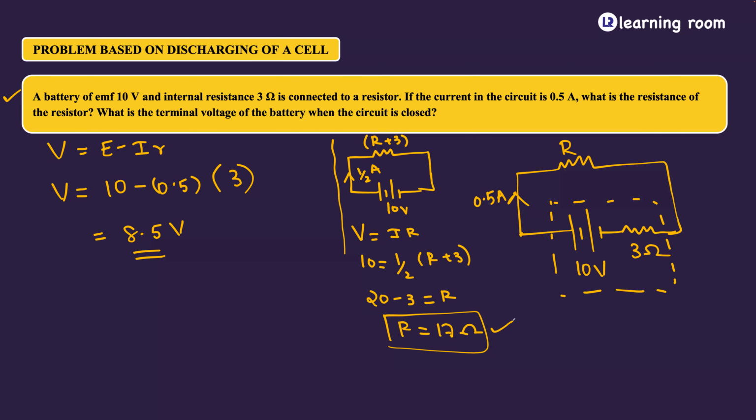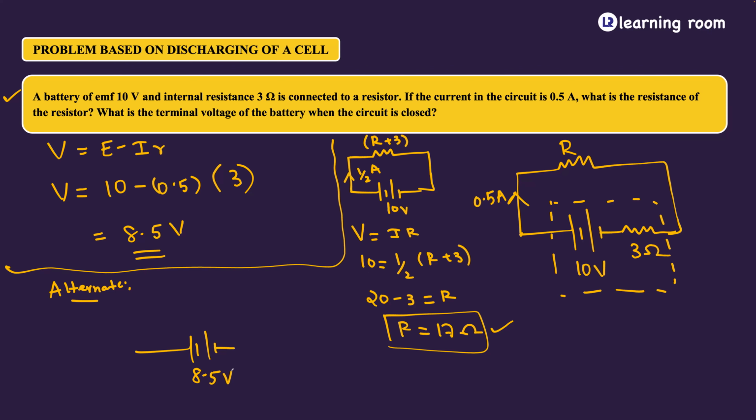Okay, I'll just show you an alternate way to solve this problem. The alternate way is, what I did is I treated this internal resistor as an external resistor and took it as series. What else is the other thing that I can do? This battery of 10 volt and 3 ohm internal resistance can be treated as a battery of